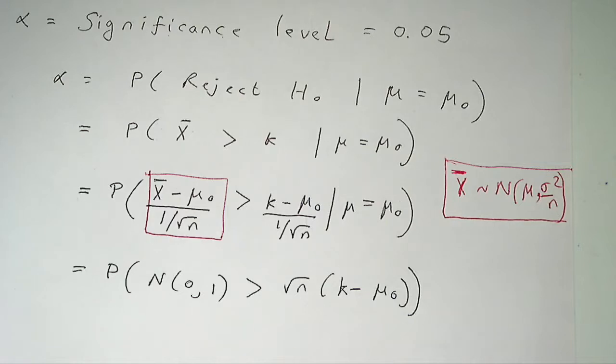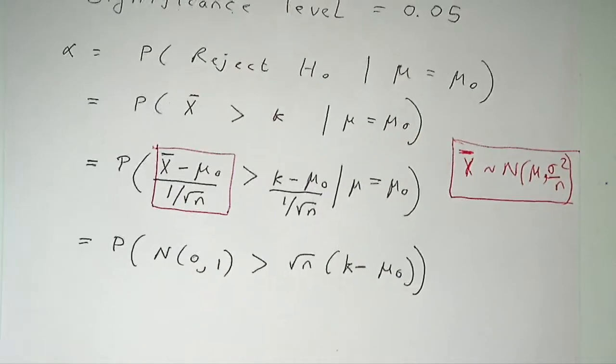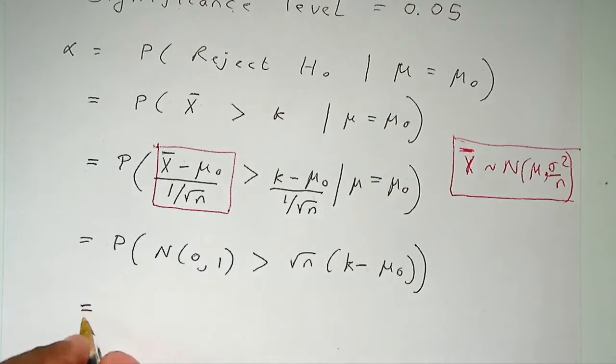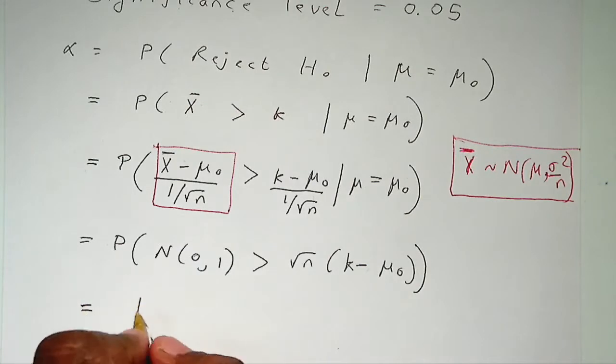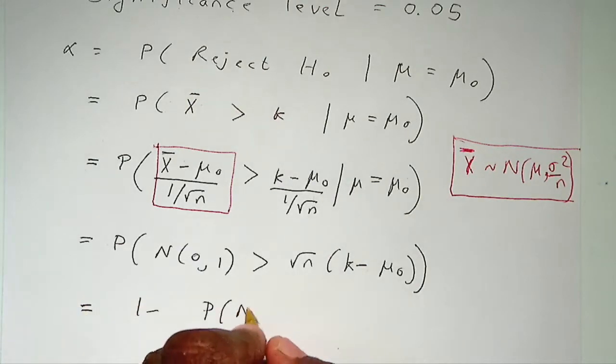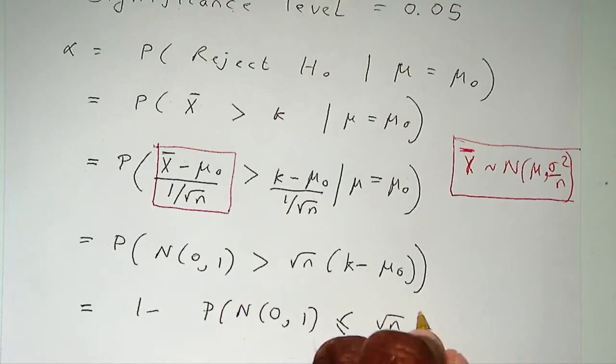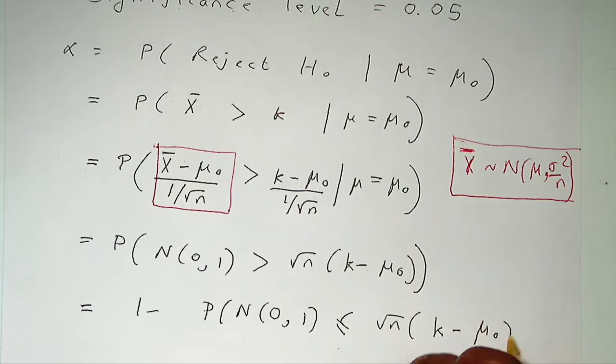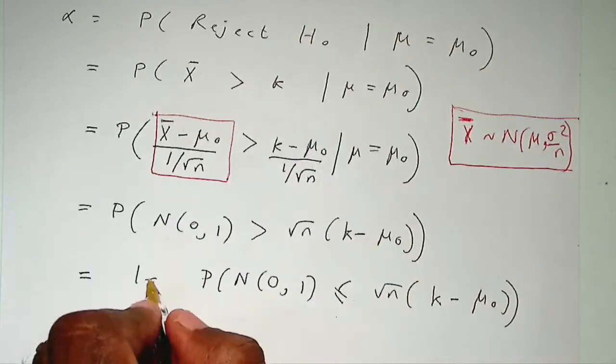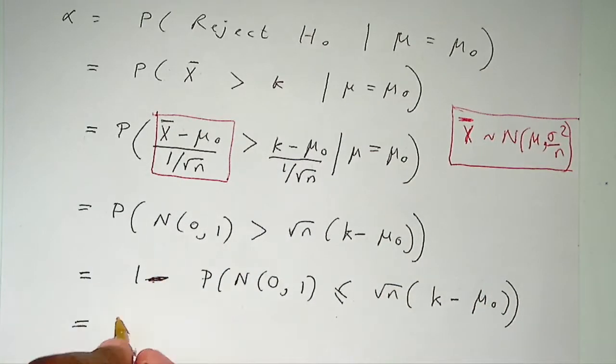So this becomes equal to this, right? And this is 1 minus the probability that, and this is 1 minus phi